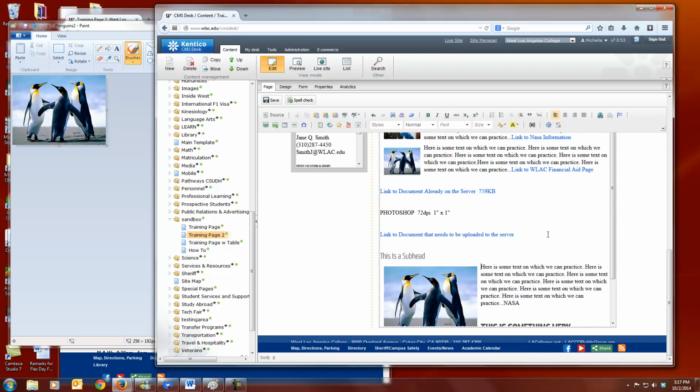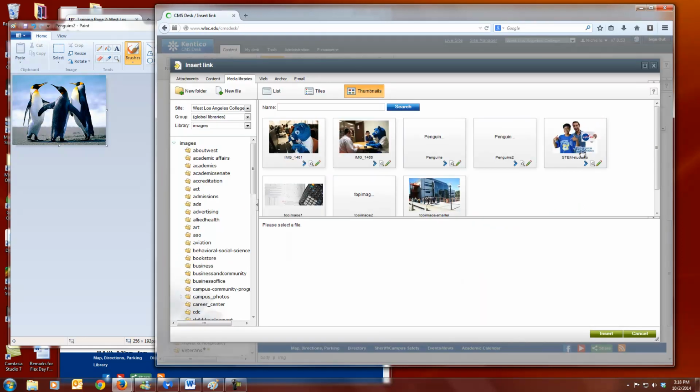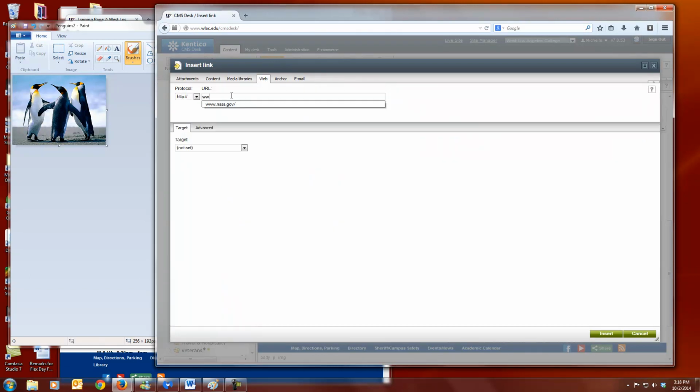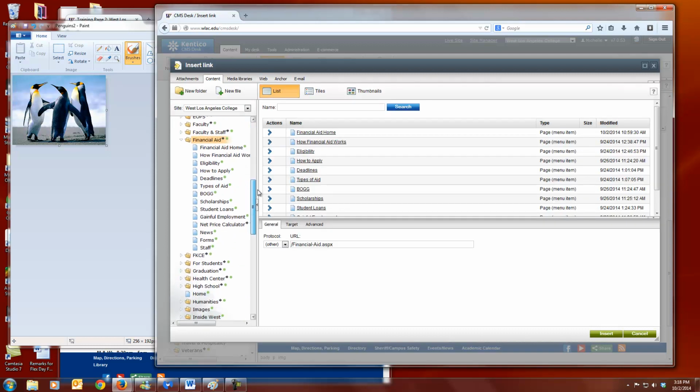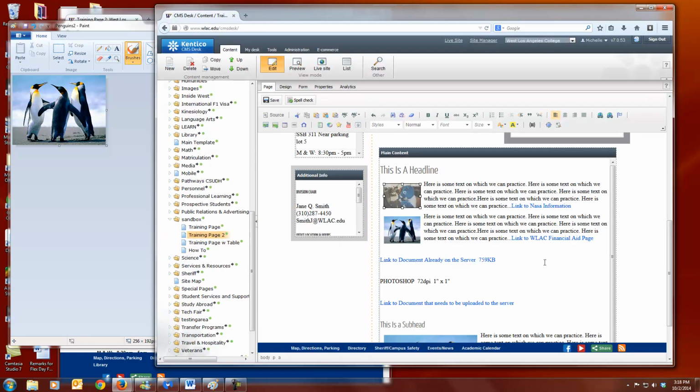And lastly, if you're wondering if you can link your picture to something, to a site, you can. Just as you learn how to link words, you can link a picture. Click on the picture, hit the link icon, and you can go to the web tab and type in a URL. You can also paste it in there, or you can go to the Content tab and navigate to a page to which you want to link. Either way, you'll click Insert, Save,